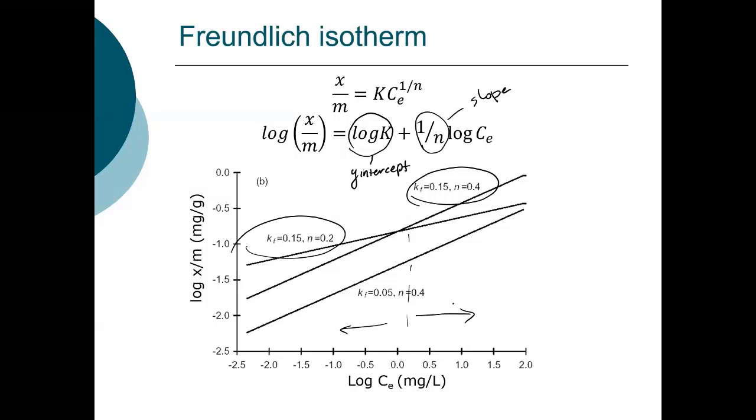And in no case, except maybe if we went to very, very high concentrations, would this carbon be the optimal. So we can use this to try and do empirical studies, determine these parameters, model the adsorption, and then what we will do is we'll use this information in the design of these